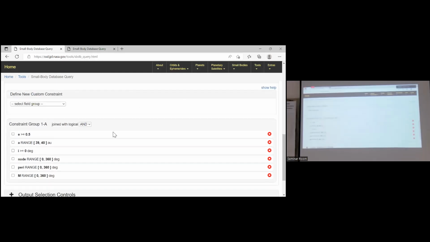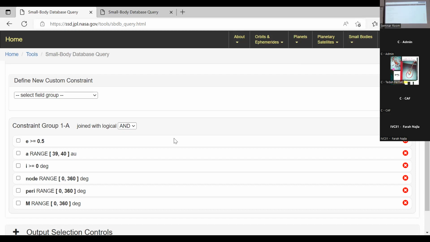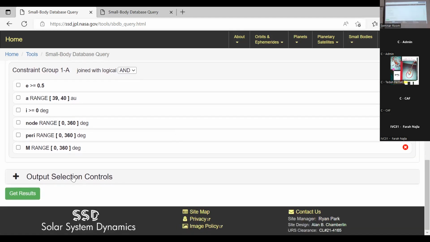Now we have all 6 orbital elements for Plutinos only, right? We do not have the planets yet. It's only the Plutinos. Okay, now output.